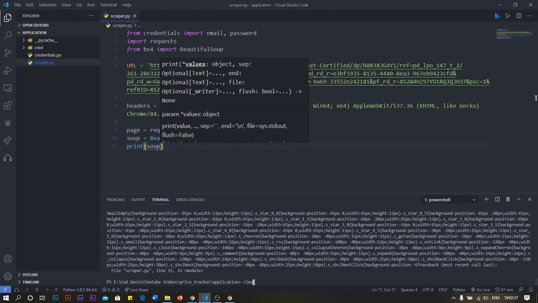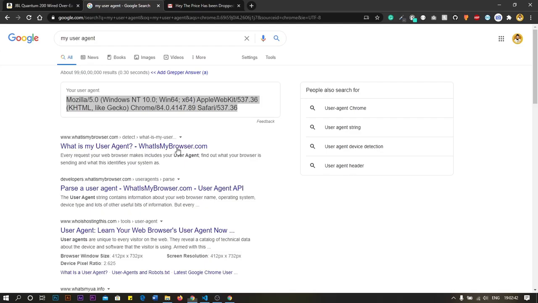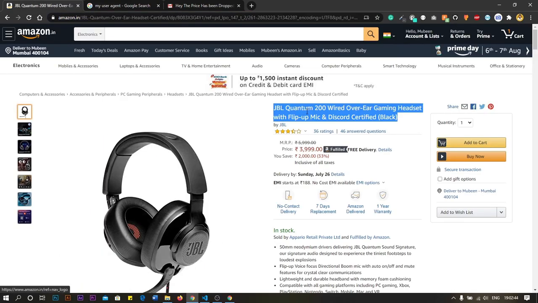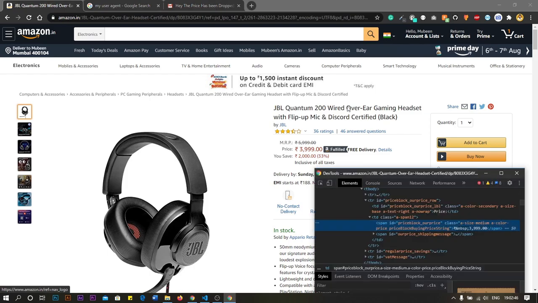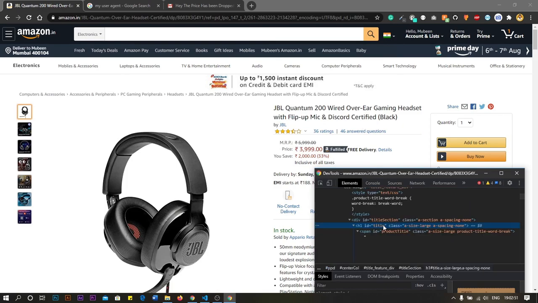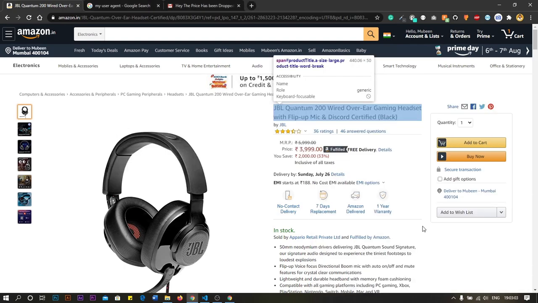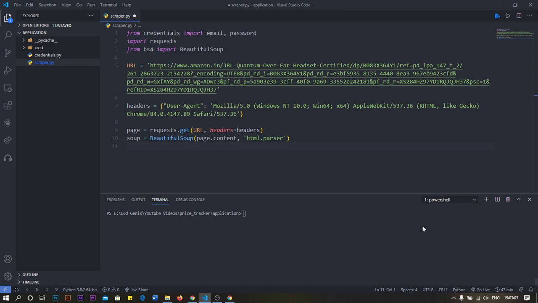Instead of printing this out, let's first try it with title. I just want to fetch this title. So what I'll do is first let me check the ID of this element. So we go here and click the little mouse arrow, and click on this, and you can see we have the title ID of product title. So we copy this ID and we go here, and we'll create a variable called title.